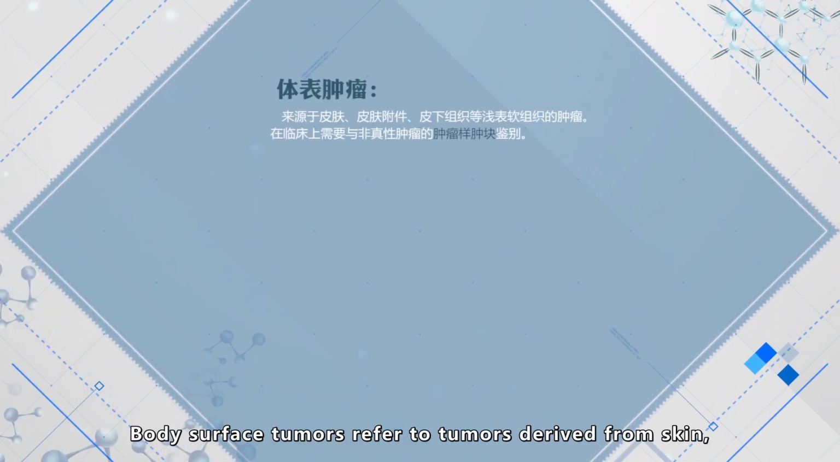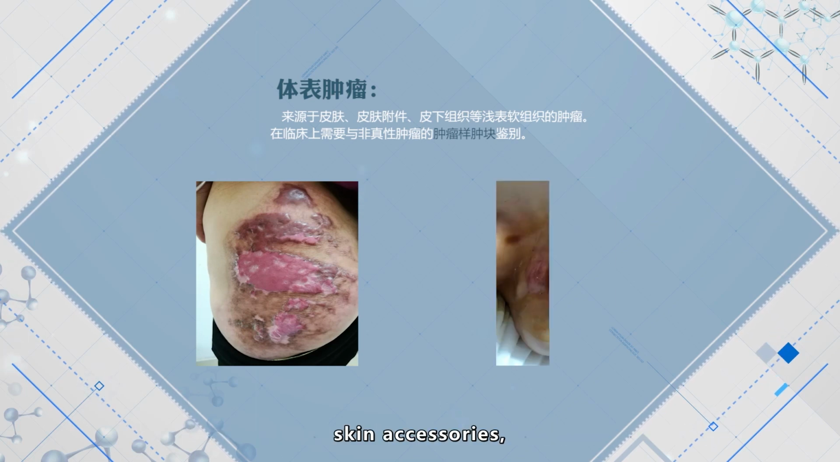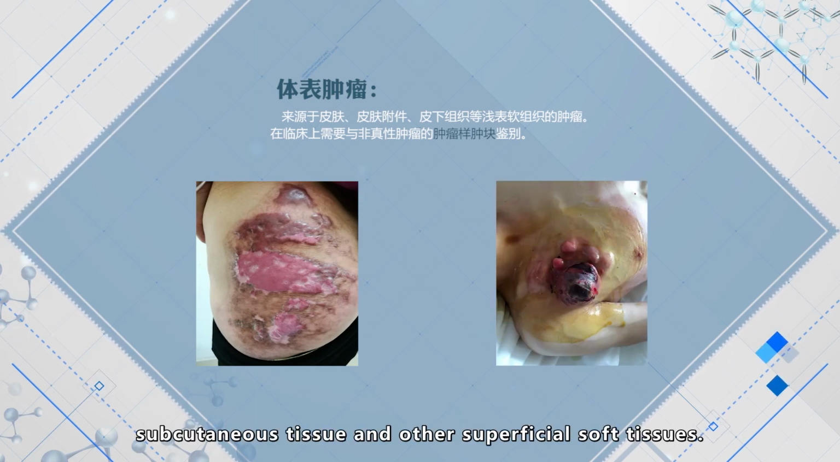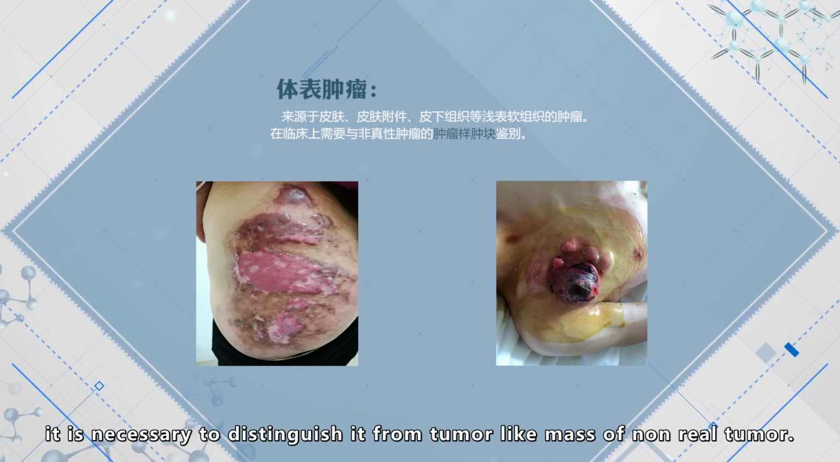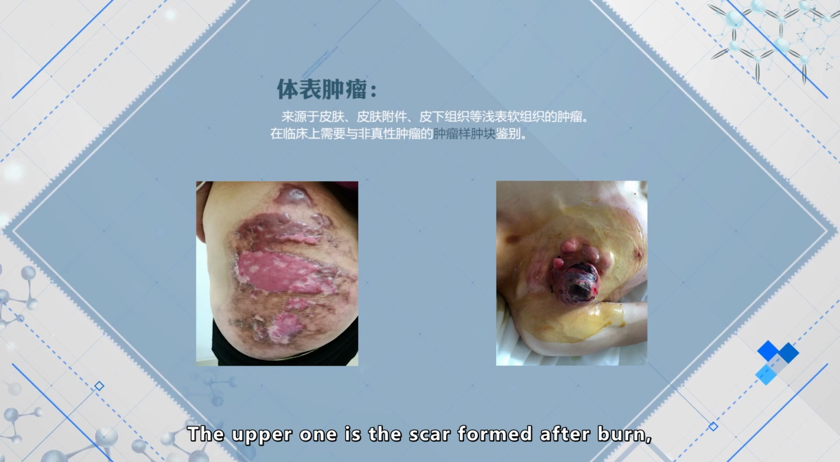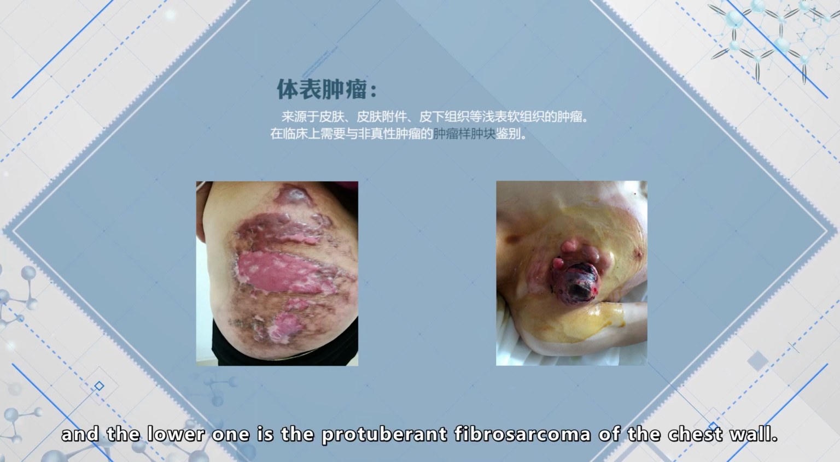Body surface tumors refer to tumors derived from skin accessories, subcutaneous tissue, and other superficial soft tissues. Clinically, it is necessary to distinguish them from tumor-like masses that are not real tumors. The upper one is the scar formed after a burn, and the lower one is the protuberant fibrosarcoma of the chest